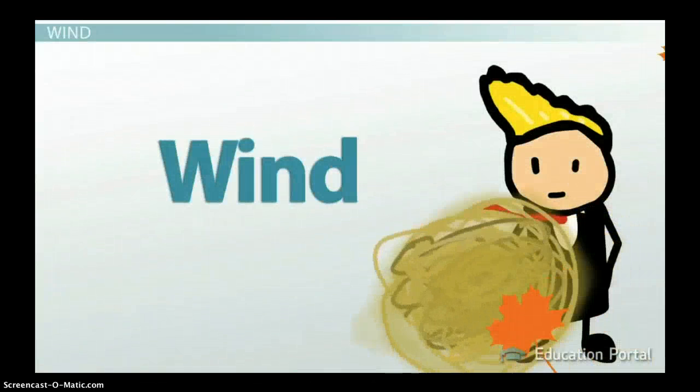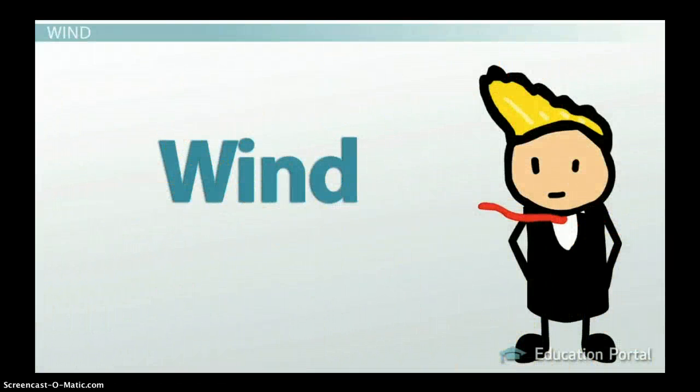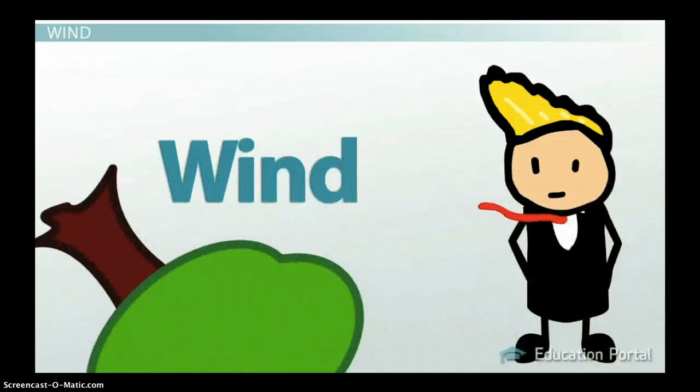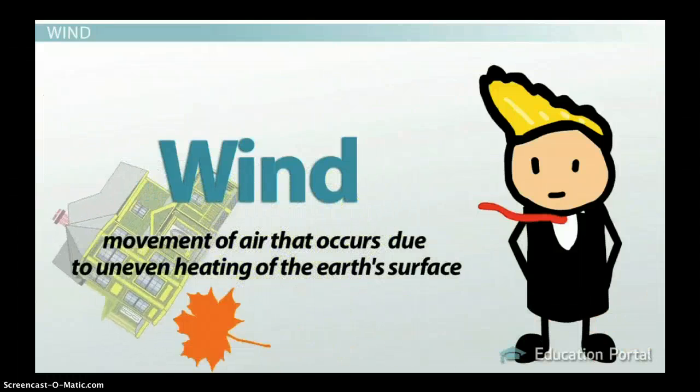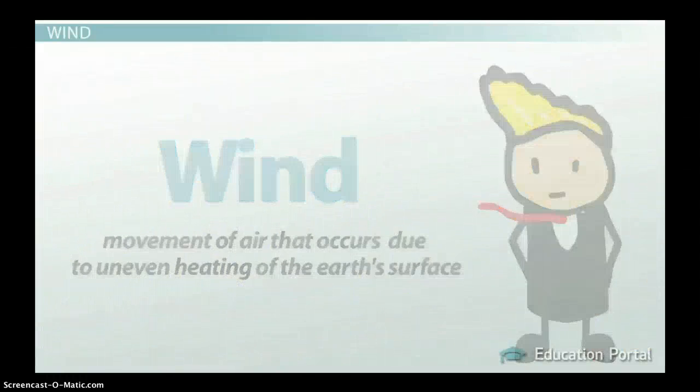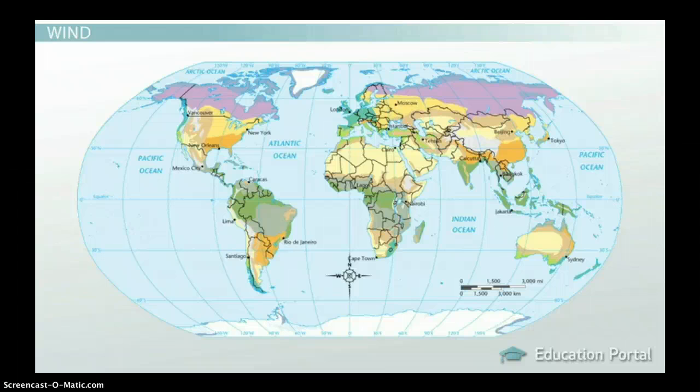Finally, wind can be a factor determining weather, particularly its speed and direction. Wind is a process of movement of air that occurs due to the uneven heating of the Earth's surface. Different parts of the Earth heat at different rates depending on factors like the amount of water present, snow cover,